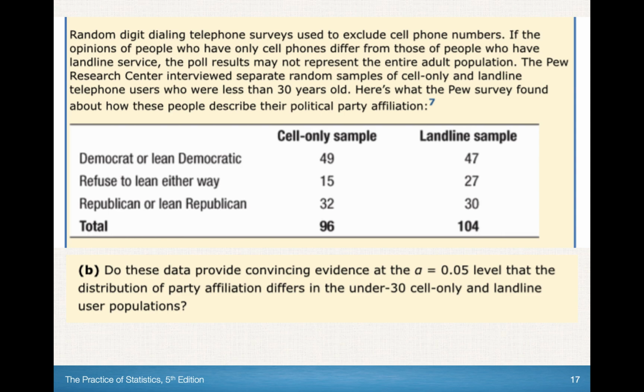This says, does this data provide convincing evidence at the alpha of 0.05 that the distribution of party affiliation differs in these under 30 cell-only and landline user populations? So let's first take a second and input this into our matrix. Again, we should go into matrix. We're going to edit